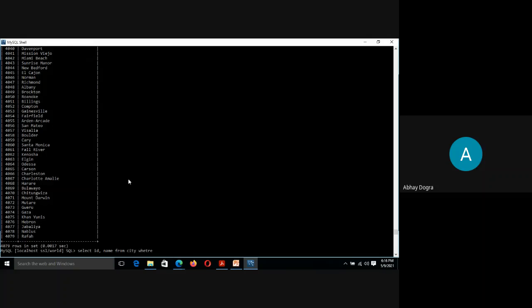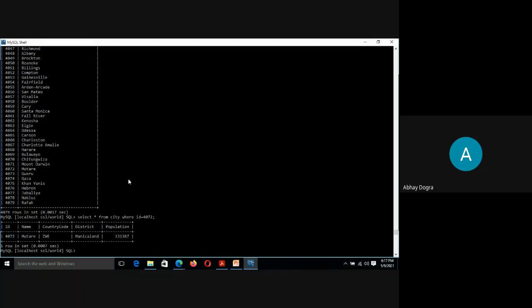If you want to fetch some specific record, let's say you are only interested in fetching data of a city whose ID is 4072, ID equal to 4072, right?